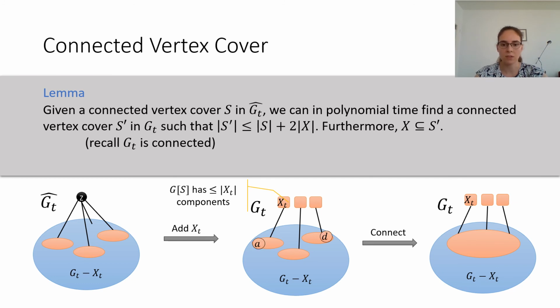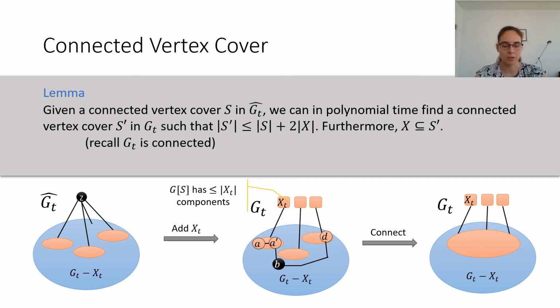Let's look at two vertices that are in different connected components. And let's just consider the shortest path between them in the graph. I mean, we know that GT is connected, it's just that this vertex cover is not. Okay, now if we look at A prime, which is the last vertex that's in the same connected component as A on the path from A to D, and we look at the next vertex, B, then B is not